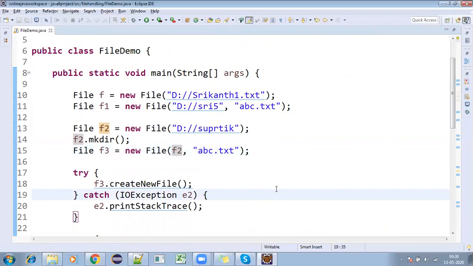Yeah, Srikanth, one question. Can I override the file? No, you cannot override it. Is there any option once we are writing something? If you want to create new things, there is a file writer and file reader you will be having. There we can override the data, but we cannot override the file.